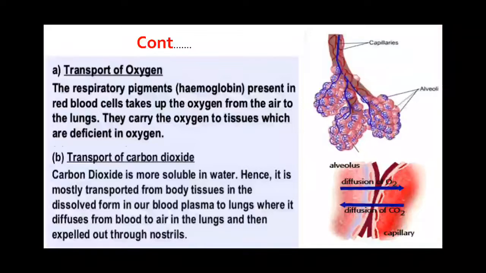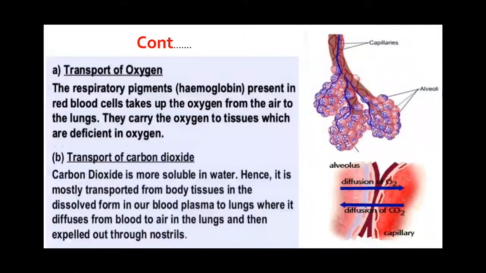Now how will the carbon dioxide come? So carbon dioxide is produced as a waste product during respiration in all the cells of the body tissue. It is removed by the blood as bicarbonate dissolved in the blood, and this carbon dioxide diffuses into the blood and then it is carried away to the lungs. And there it diffuses into the alveoli and then it is exhaled out.